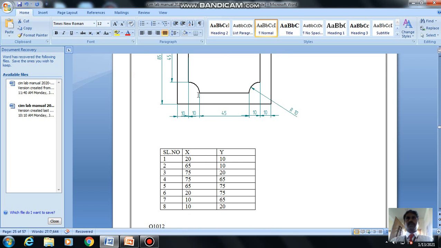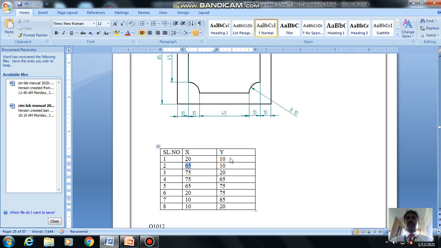So X is 20 and Y from here is 10 mm. So this is X20, Y10, and if you see this one, we are taking this as the origin. From here 20 plus 45, that is 65. So X is 65 in point 2 and Y will be the same 10 mm.